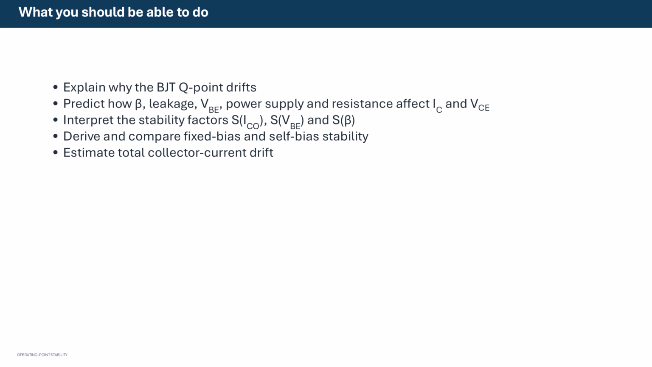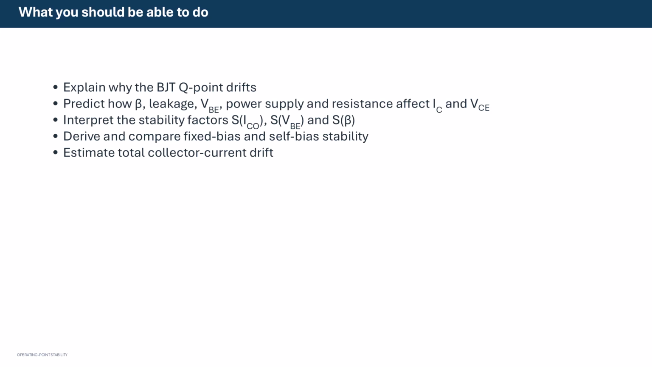By the end of the lesson, you should be able to explain why a BJT Q point drifts, predict the direction of movement caused by parameter changes, define and interpret the three stability factors, derive the leakage stability factor for fixed bias and emitter resistor self bias, and estimate total collector current drift. The emphasis is not only on obtaining formulas, but also on connecting each formula to the feedback mechanism and to